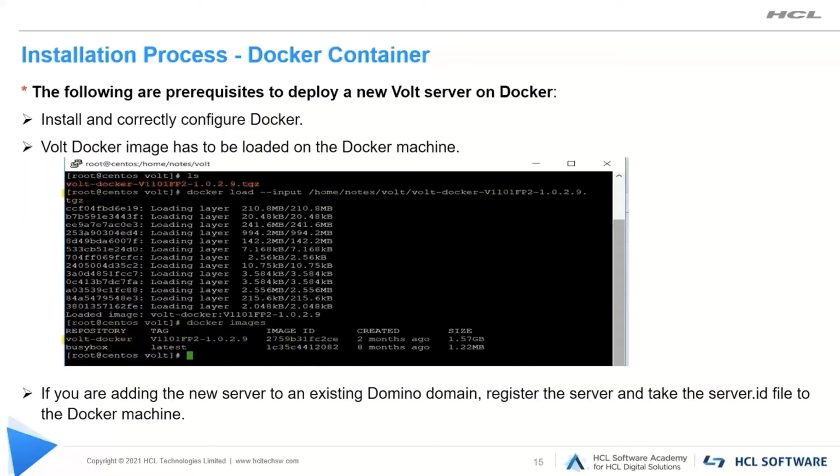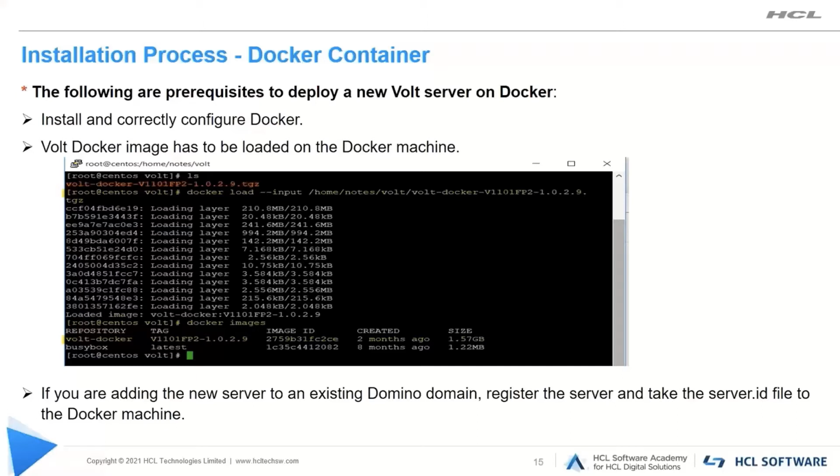In this slide, we will understand the installation procedure of Domino Vault on the Docker container. Basically, this is a bundled Docker image we have on FlexNet for our customers. This includes Base Domino and HCL Domino Vault. This will help our customers to run a Domino Docker container with Domino Vault on it.